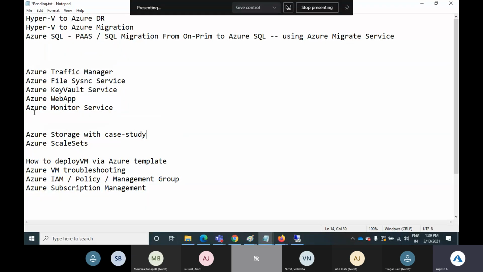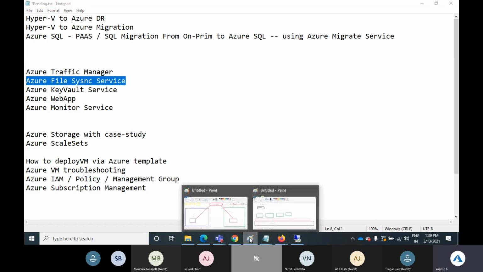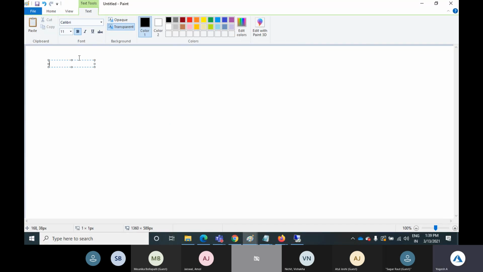Okay, let's start. Let me share the screen. Okay, so we have discussed Azure Traffic Manager, we have discussed Key Vault service as well, and now we are going to focus on Azure File Sync service. So this is the service Azure File Sync, where we can sync on-prem file server